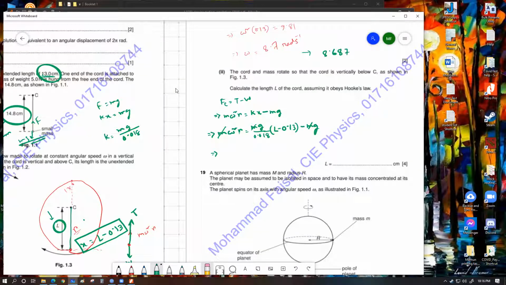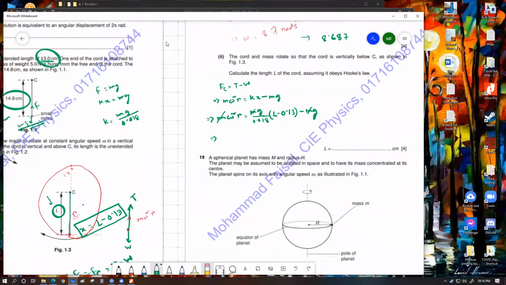I'm going to use this number for my omega square over here, but if you want you can also use 8.7. আচ্ছা কোশ্চেনে তো আমাদের অলরেডি 8.7 বলে দিছিল, তাই না? আচ্ছা 8.7 দিয়ে করে দেখি কি হয়। So let's say 8.7 squared multiplied by L